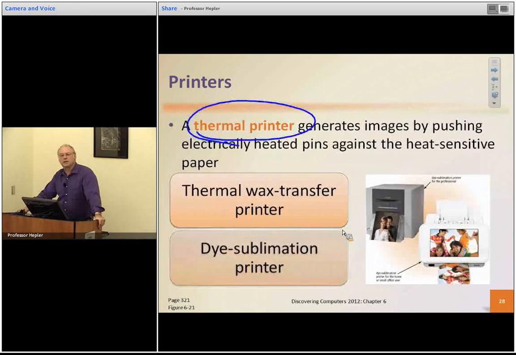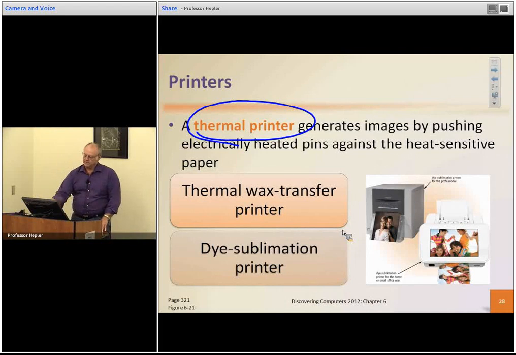A thermal printer, instead of using laser, heats up the substance you're going to put on the surface and then transfers it. And when I worked for Kinko's, I put together what we called a Photoshop, photo printing, and it allowed